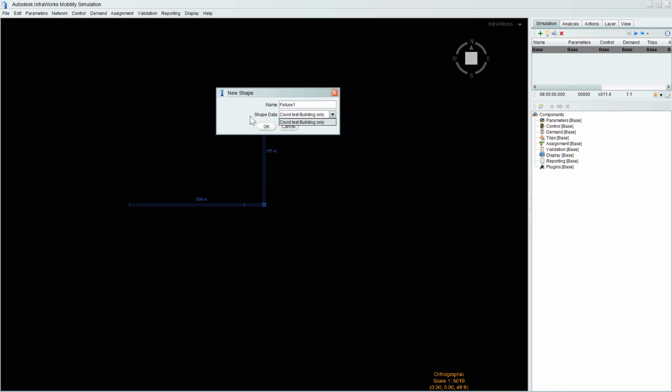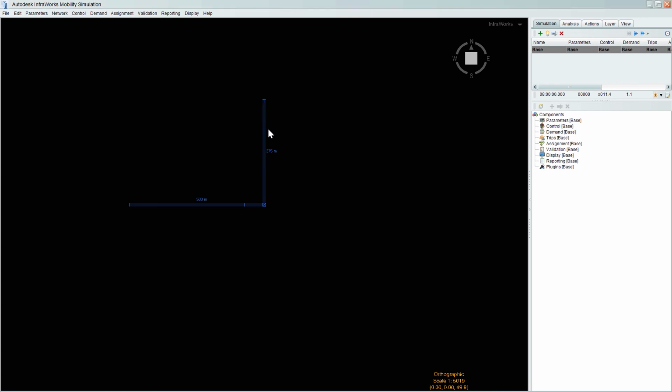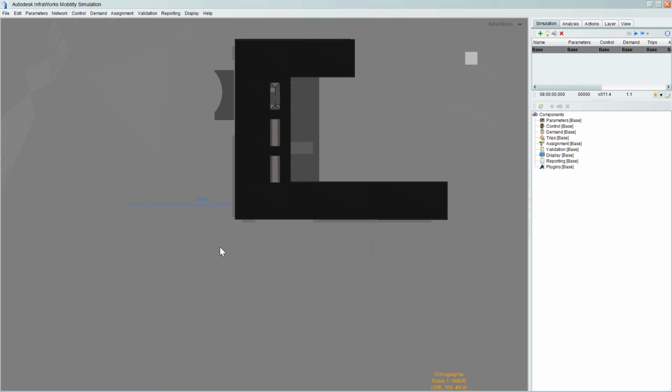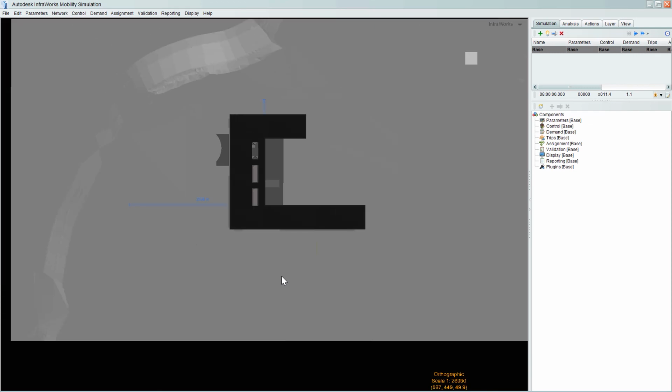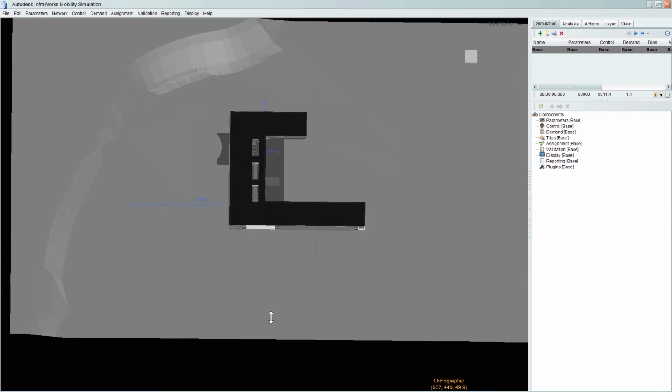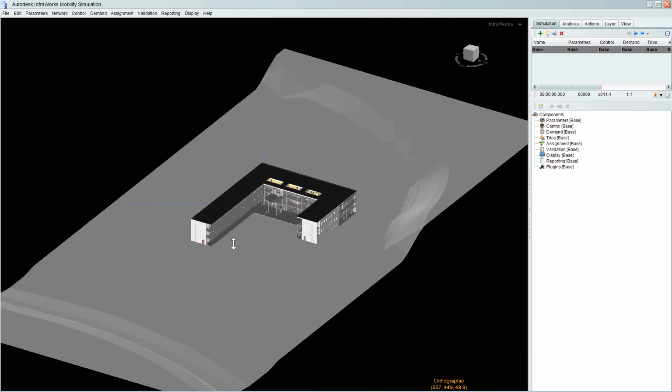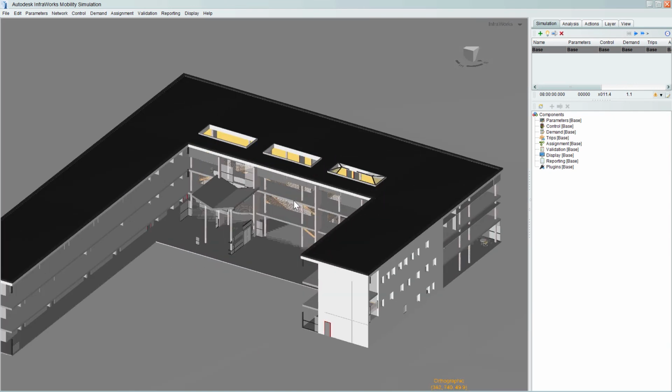If there was a list, we'd pick that. We'll click OK, and that's pulled in our model. There we go. So it's simple as that. And now we can start building a simulation over the top of that.